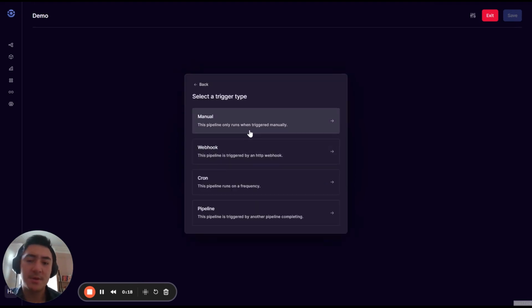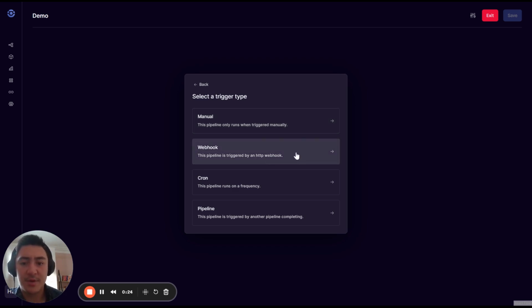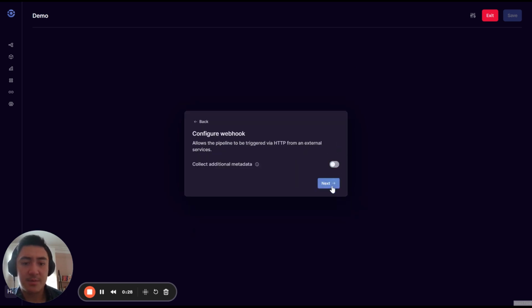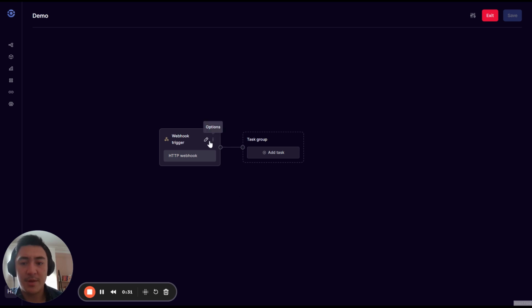And then the second thing you'll be asked to do is to add a trigger. So you can always trigger something manually. You can also trigger it via webhook. To do that, you just basically press next, and you've got that there. If you then look to edit the webhook again,